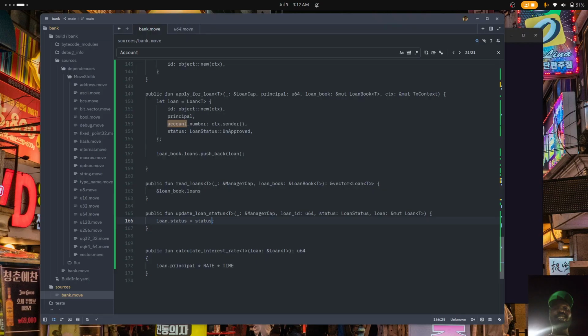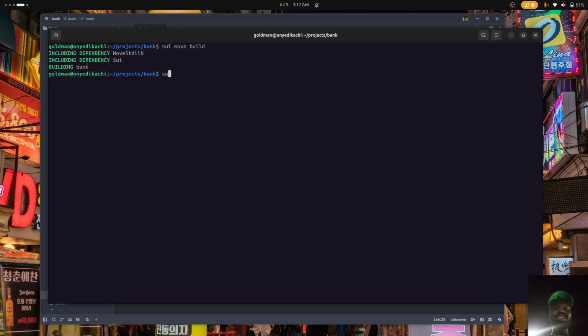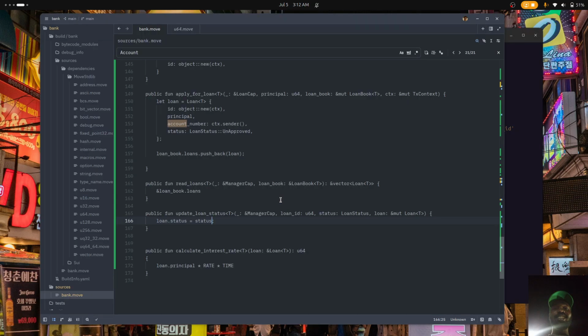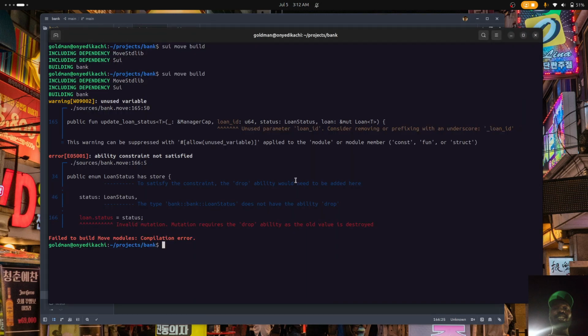And that has been updated. So I don't know why. Invalid mutation requires a drop. Let's see. So